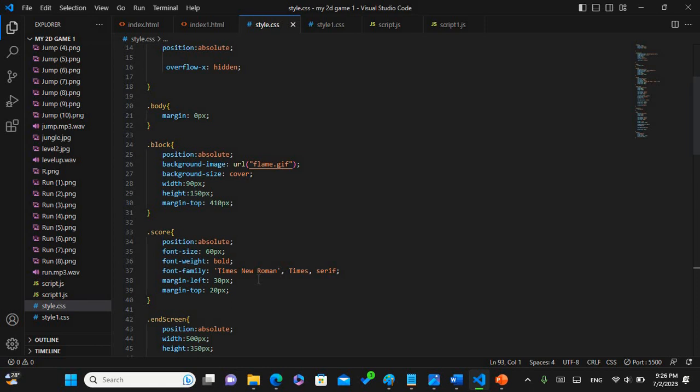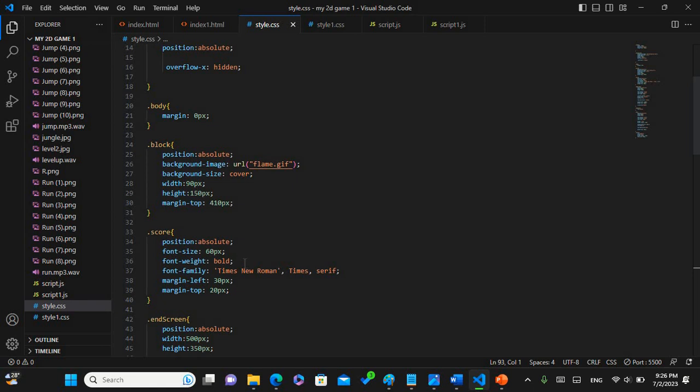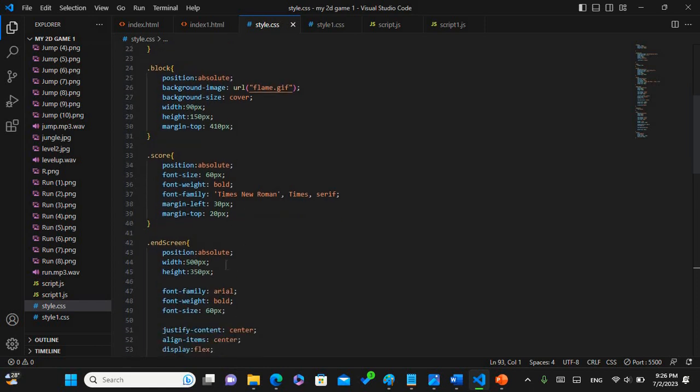I have applied CSS for the scores. In here, I have made position absolute, and further I have used font size, font weight, font families, margin left and margin top. Next, I have used the CSS for the end screen. Here also I